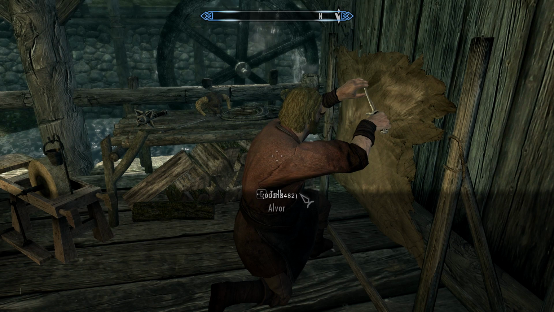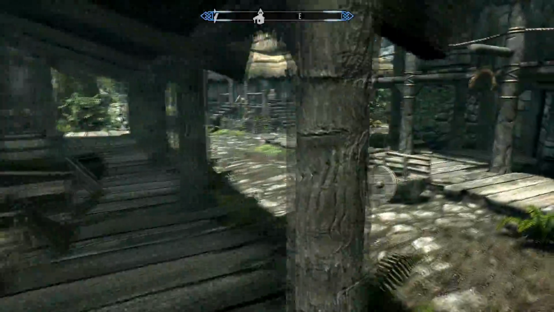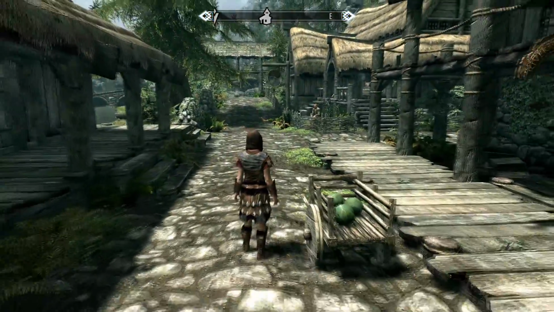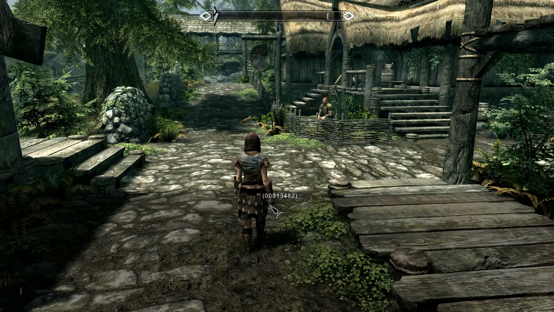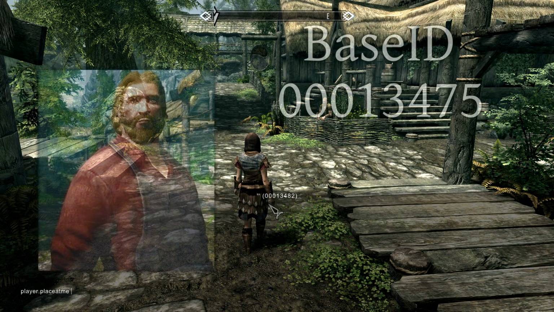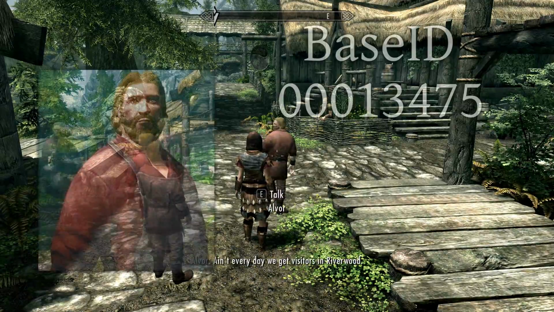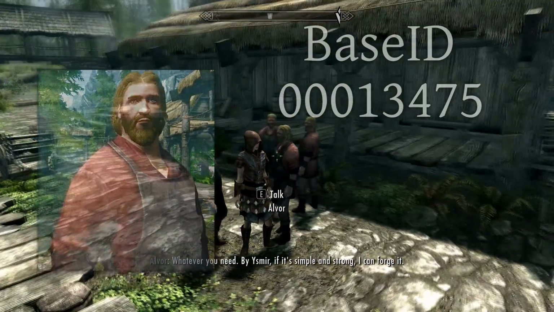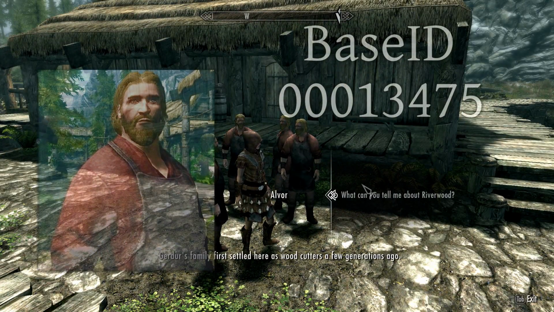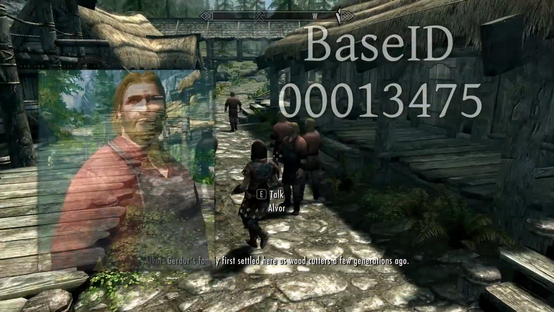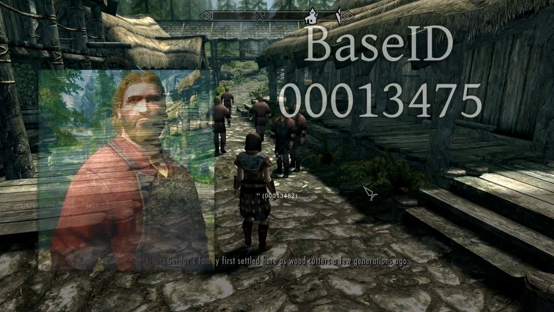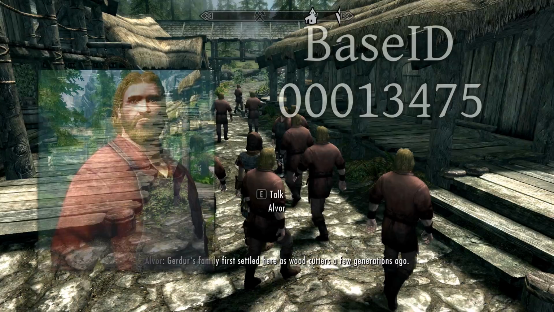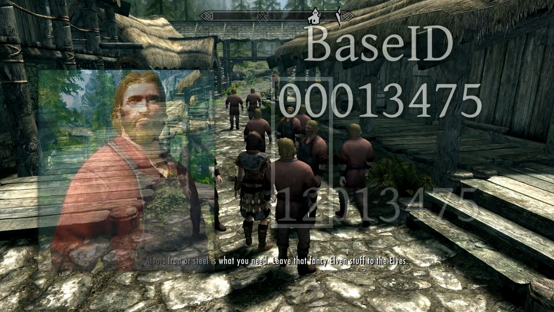As for load orders, they don't really matter in Skyrim Together. Every form ID, which is used to reference and spawn anything in the world, consists of a mod ID and base ID. For example, Alva has a base ID of 00134475. You can use this ID to spawn them into the world. The first two digits in this base ID, the 00, is the mod ID. Say Alva came from a different mod with ID 12, which is generated based on load order, this base ID will then be